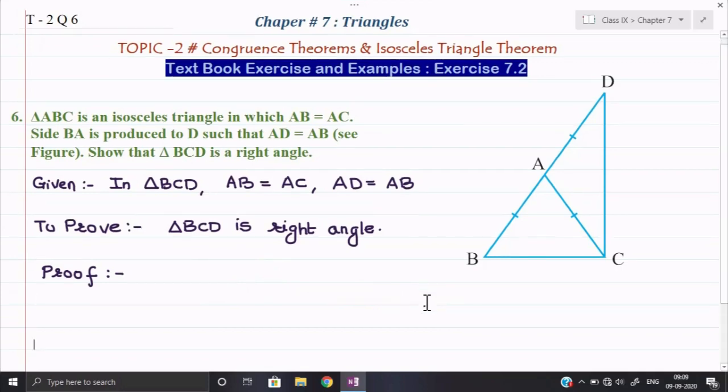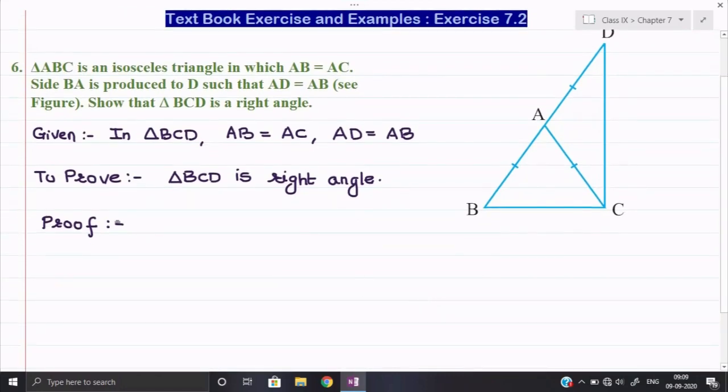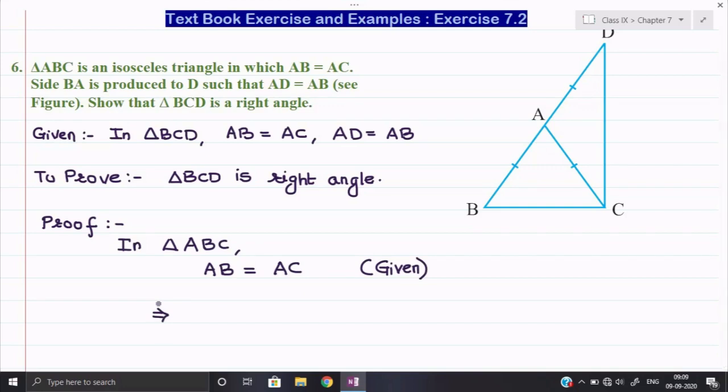First of all, we shall mention in triangle ABC. I am taking triangle ABC here. Now in triangle ABC, what is given? Observe, in triangle ABC we have given that AB is equal to AC. That is given to us equal. Okay, we can say this is with the help of given, right? Now AB and AC are given equal, so just now I said to you, if in a triangle two sides are equal, then the angles opposite to them are also equal.